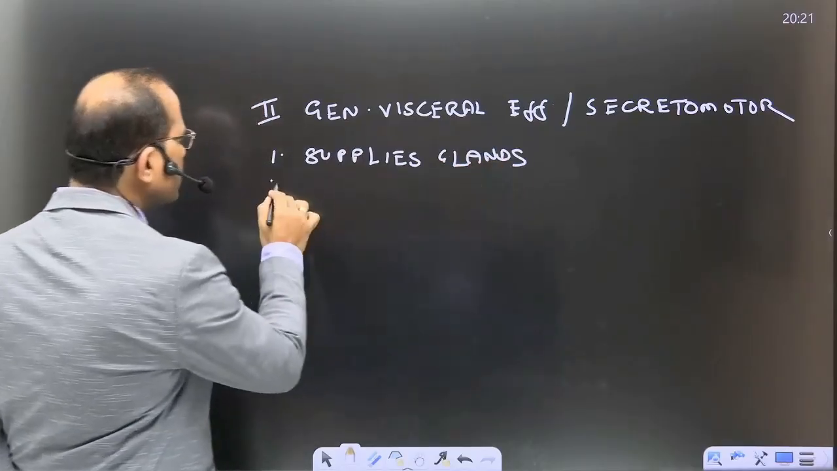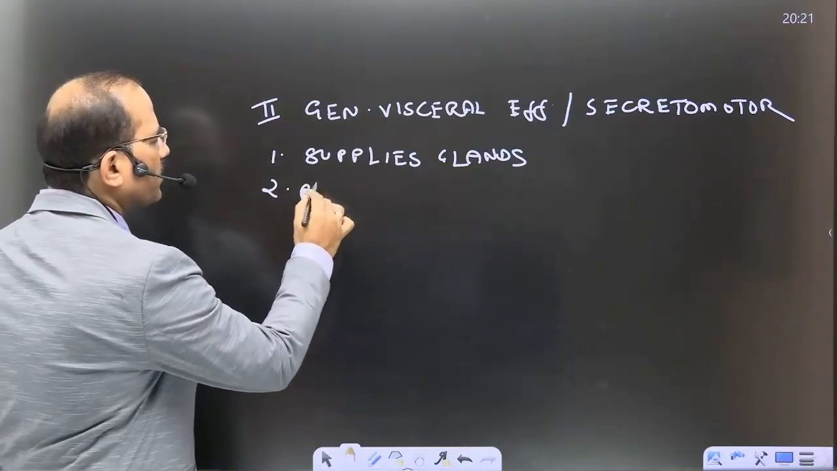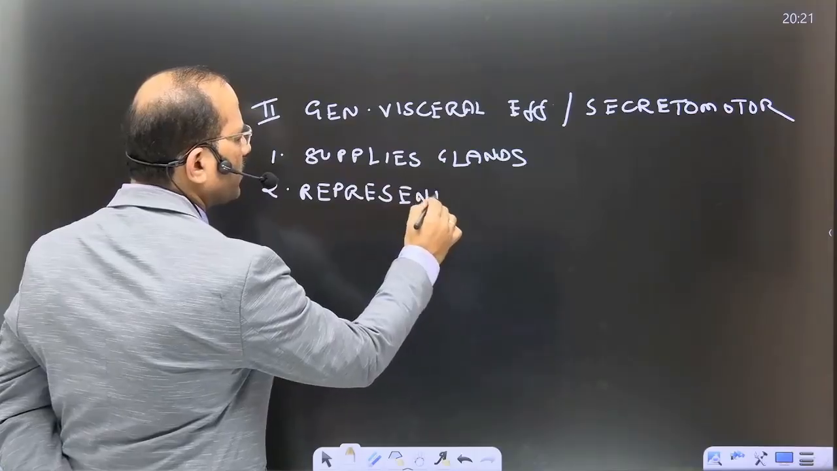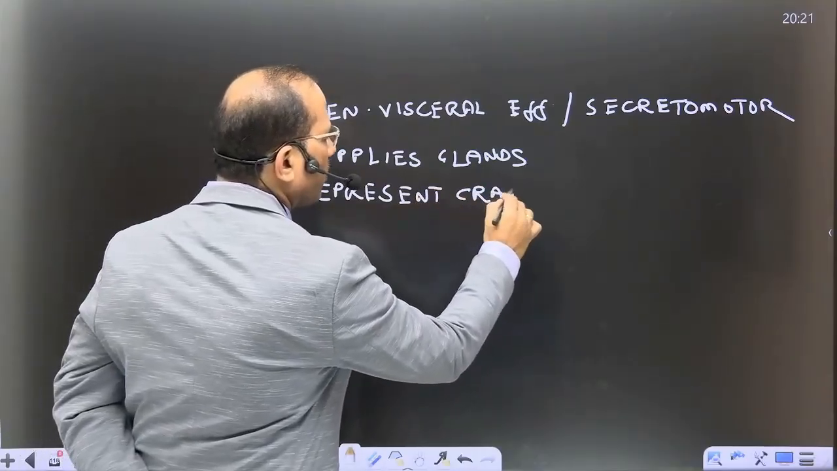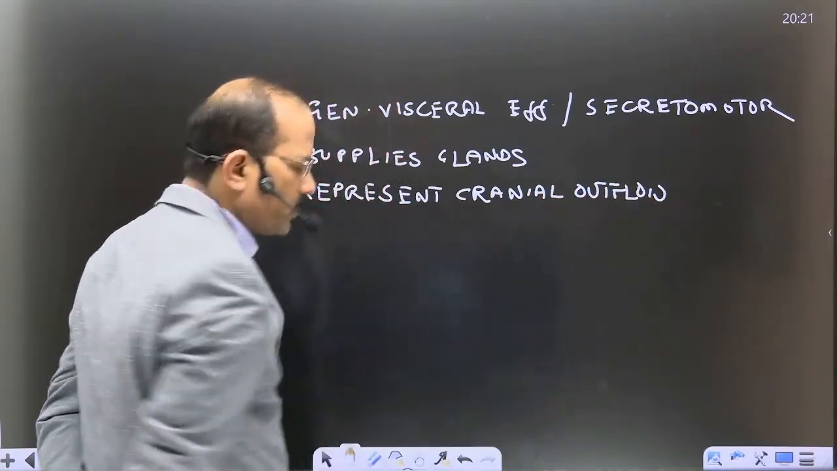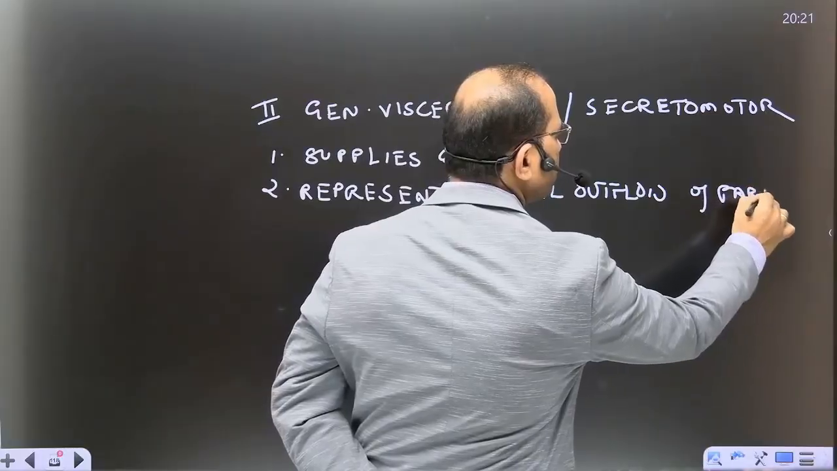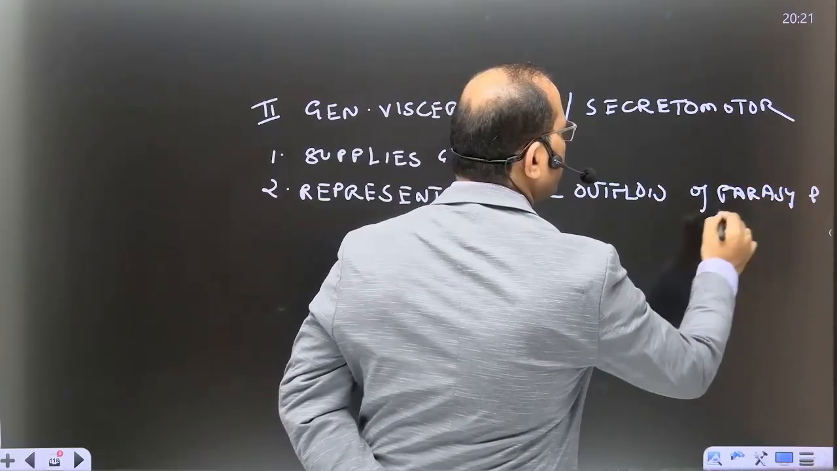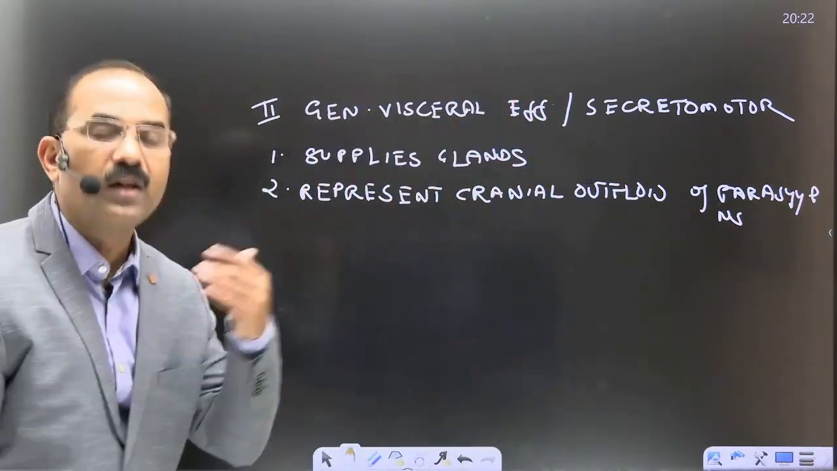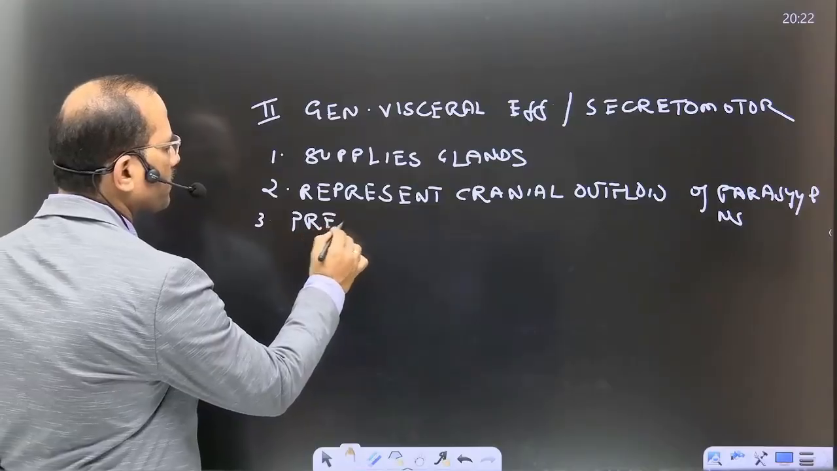Okay, now this component represents what? We've seen parasympathetic nervous system. So this component represents the cranial outflow of parasympathetic nervous system. We have seen this last time, parasympathetic nervous system. Okay, so this component represents the cranial outflow of the parasympathetic nervous system, and this component is present in, tell me,